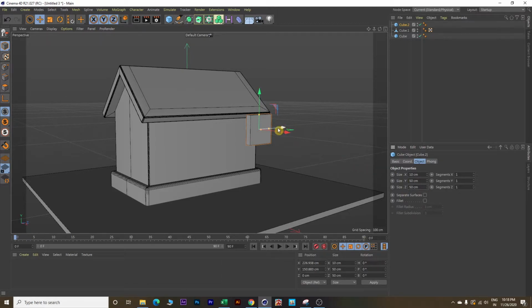So this is how our window will look like. We will move it a little here, move it a little downward. Also we will increase the Y segment as 2 and Z segment as 2.